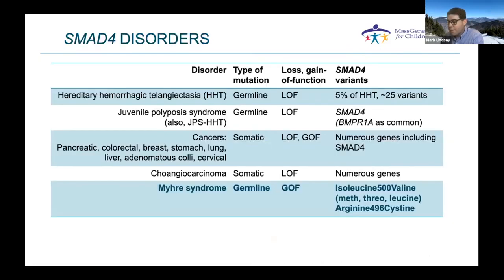I borrowed this slide from Dr. Lin because I thought it really illustrated a good point about why Myhre syndrome is a little different in that it's a gain of function. Just to elaborate on what Dr. Starr was saying about gain of function,